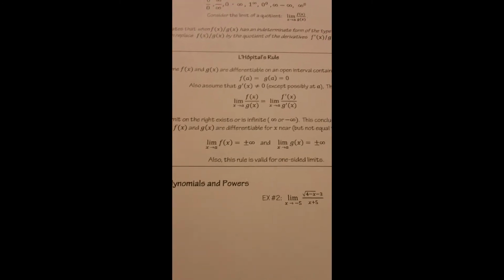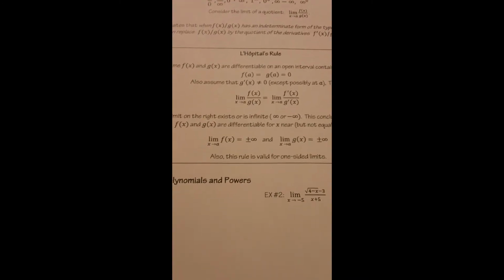Assume f and g are differentiable on an open interval containing a, and that f of a and g of a equal 0. Also assume that the derivative g prime is not equal to 0, and then the limit of the original functions is equal to the limit of the division of the derivatives. Now, if the limit on the right exists or is infinite,